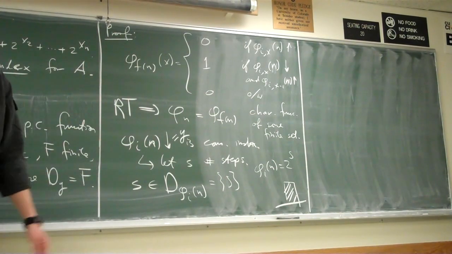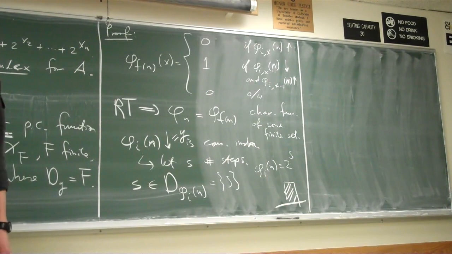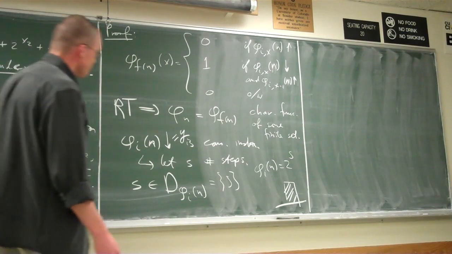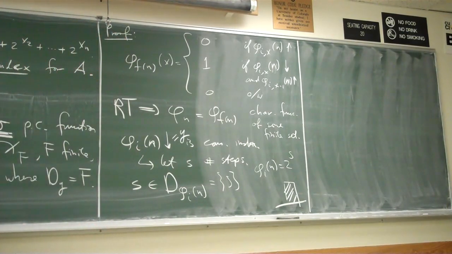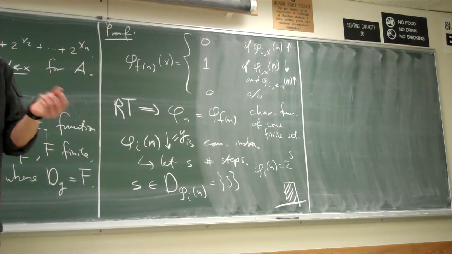Therefore, this phi doesn't exist. It couldn't write 2 to the s on the tape in only s steps. Contradiction. And so now that we have this, now that we know that for finite sets there are also